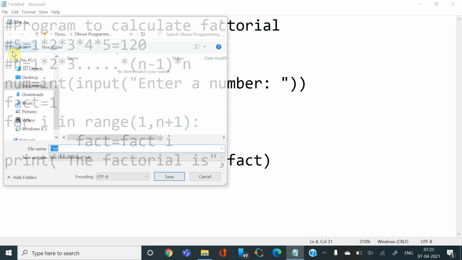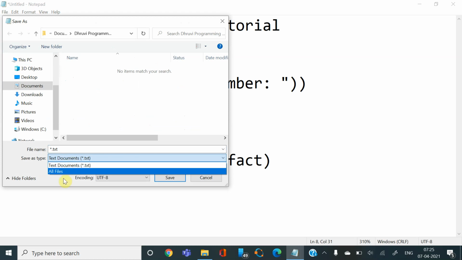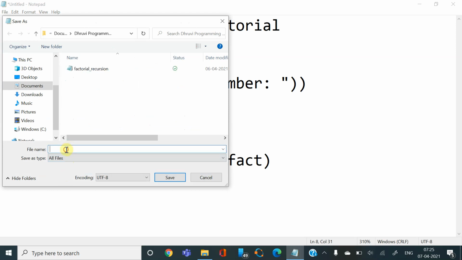So I'll save this as factorial.py. If you want to write a program for the factorial of a number using recursion, I have made a video on that also. You can check that out.